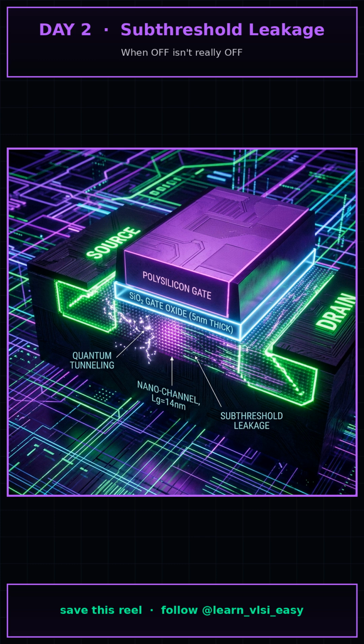While the leakage of a single transistor might be measured in picoamps, modern processors contain billions of them. These tiny drips add up to amps of wasted current, turning static leakage into one of the primary sources of heat in mobile devices, draining your phone's battery even when the screen is off.